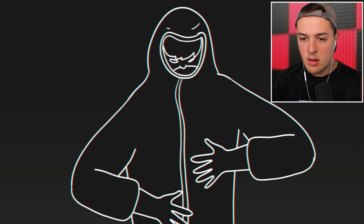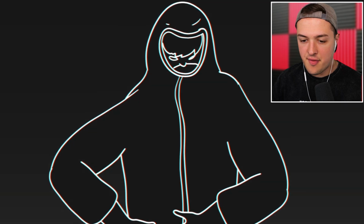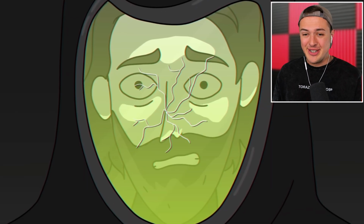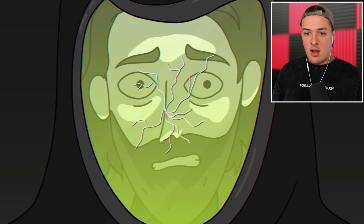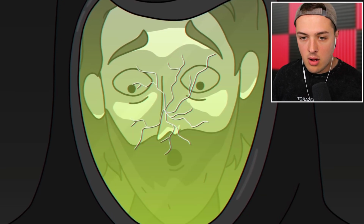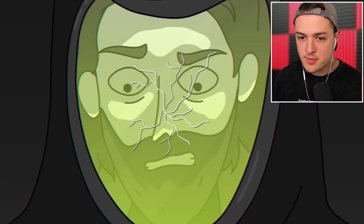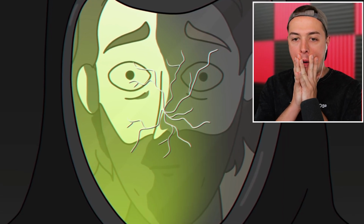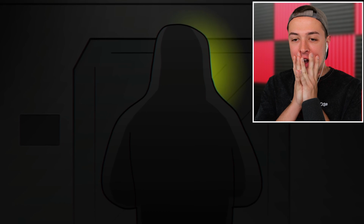He fumbles with his hazmat suit and finds the button for his emergency light. The chemical light comes on inside of his suit, casting his face in a sickly yellow light. But the light starts to flicker. Something must be malfunctioning. The light on one side of his protective mask goes out, leaving half of his face in darkness. But that's the least of his problems, because all of his attention is now focused on